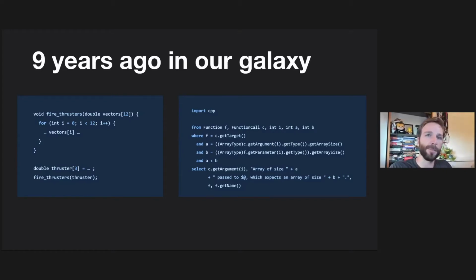At that time, they found this little bug in this little piece of C code, which basically means that we have a function taking a 12-dimension array, and then we have an invocation of that function, which is invoked with an array of only 3